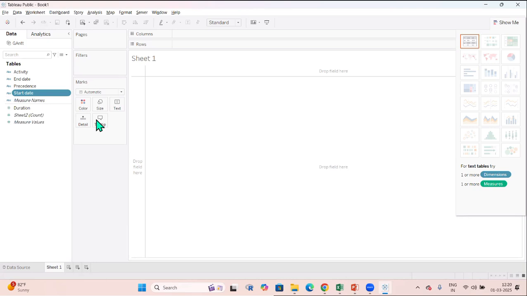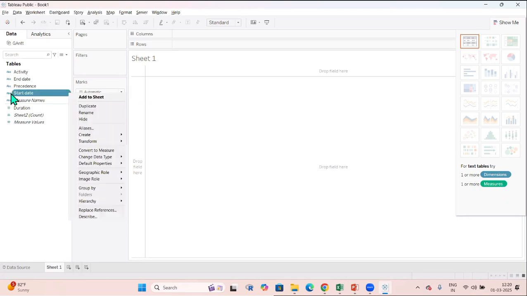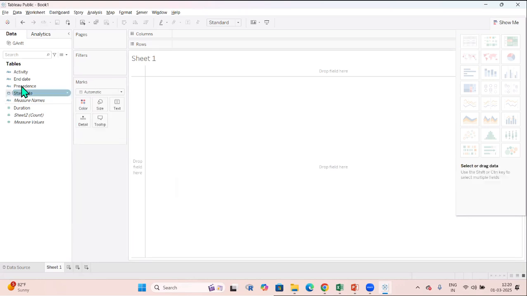So what I have to do is change the data type of my start date to date. Now you can see a calendar symbol has come here. This is an indication that I can use this field in my Gantt chart. So if I select activity and duration, now you can see, okay, there is a pause. Now I can see this one. So once I click this,